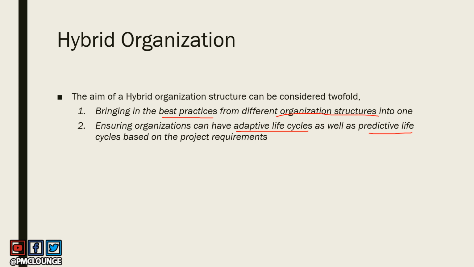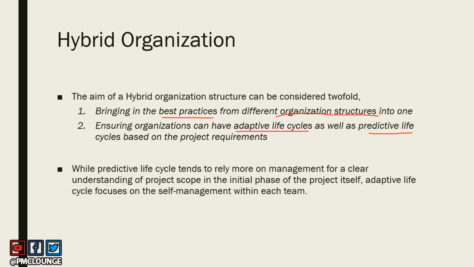But in hybrid organization, the organization can make sure that they can have both these life cycles work based on their project requirements. So predictive life cycle, what it does is it tends to rely more on management for a clear understanding of project scope, having project scope understood well in advance, having it baselined well in advance, right, in the initial phase of the project itself. That is what predictive life cycle does. But